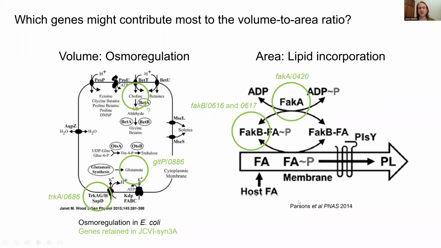There's a system that's been described in other bacteria, including fatty acid kinases in the system FakA and FakB. Fatty acids are phosphorylated upon incorporation into the membrane, and that's how the phospholipids are formed. So Syn3A retains these genes. These genes might be of interest for future studies looking at regulation of the volume to surface area ratio in